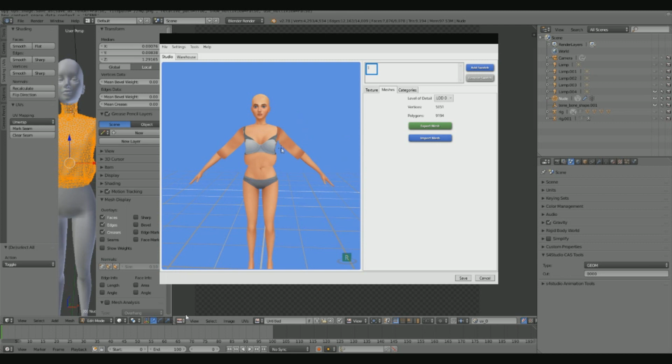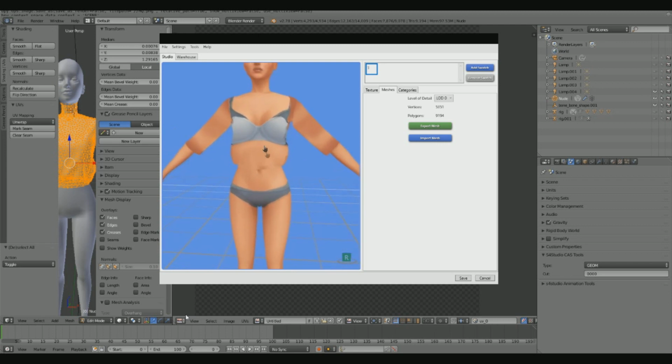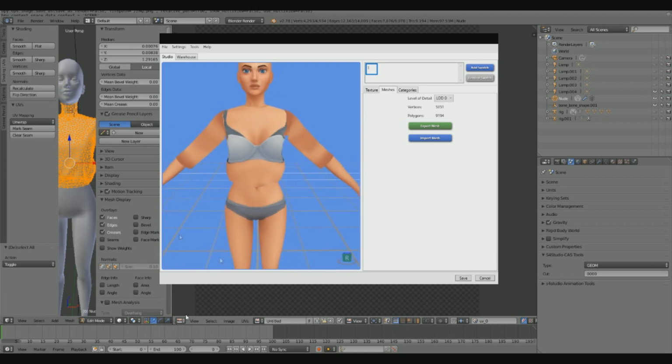Alright, so I can see that it's done importing the mesh, which looks funny with this texture on it, which is why I kind of want to add my own texture to it. So just give me a moment and I'll be right back again. Okay, so